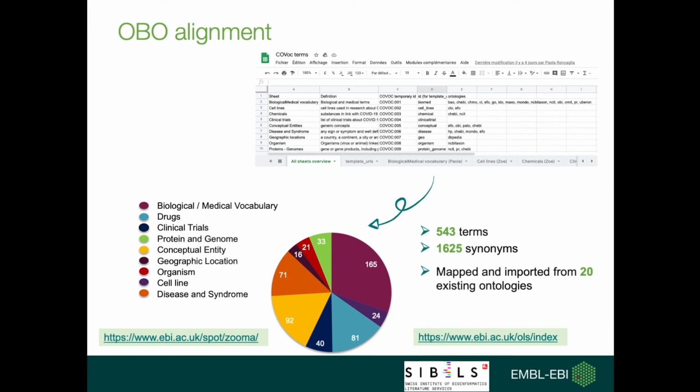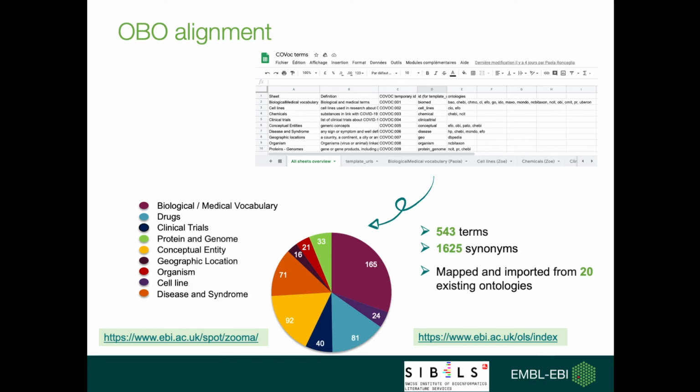To align the original term list with OBO, we used our available mapping tools like Zoomer, which is an automated mapping tool that relies on previously curated data sources in order to provide high-confidence mappings, and the Ontology Lookup Service, or OLS, to browse the existing ontologies. This meant that we could use the existing ontologies to provide structure to COVoc by importing the subclass relationships, and we could augment COVoc with terminological information from widely used OBO ontologies. Additionally, we were able to connect the results of the triage data directly to other useful resources, which is very relevant to many of the COVID-19 knowledge graphs that have been and continue to be built.